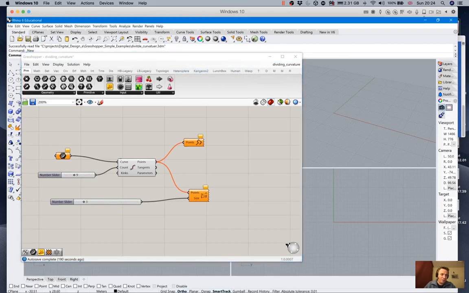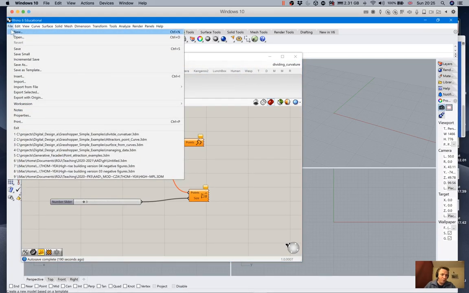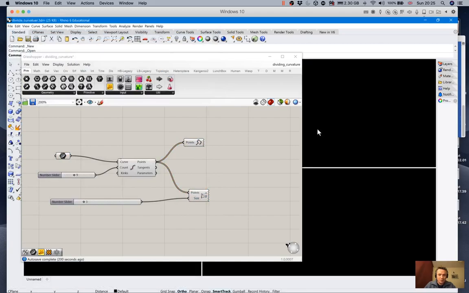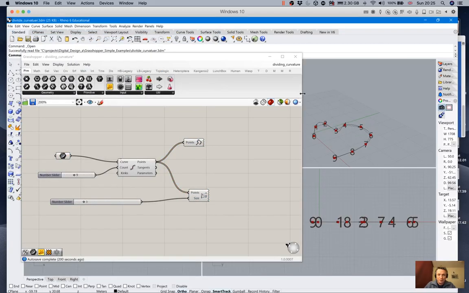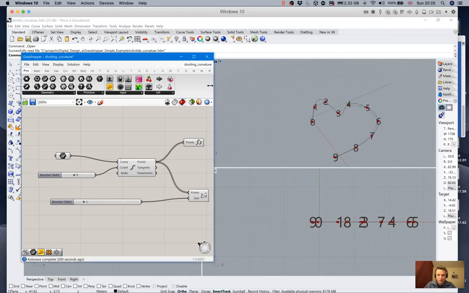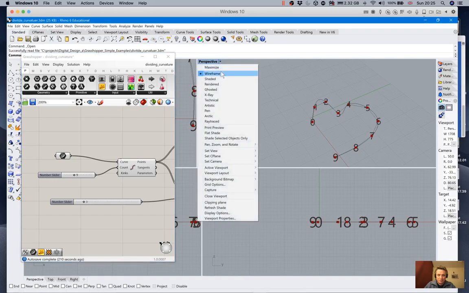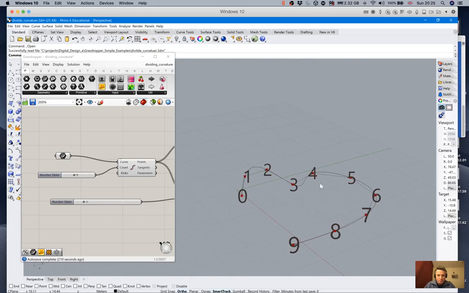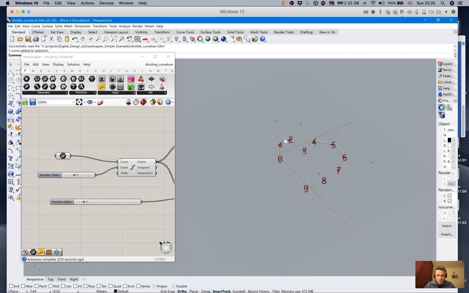I've prepared a file for you to open. So if you go to File, Open on Rhino, and you find the Divide Curvature Rhino file, this will open directly a file in Rhino that contains a curve. Obviously, you don't have to use that particular one. What you could also do